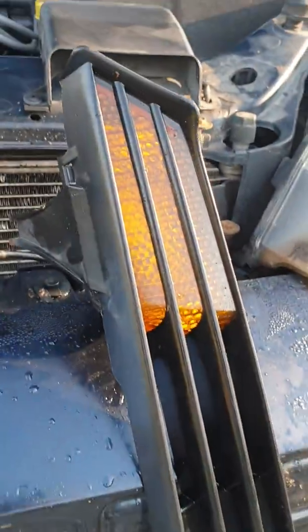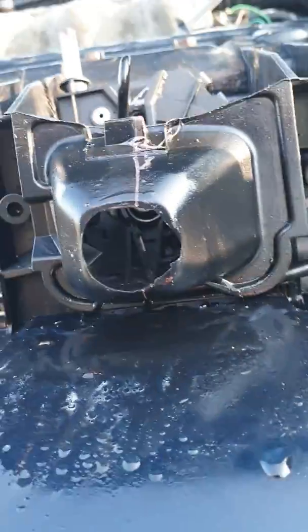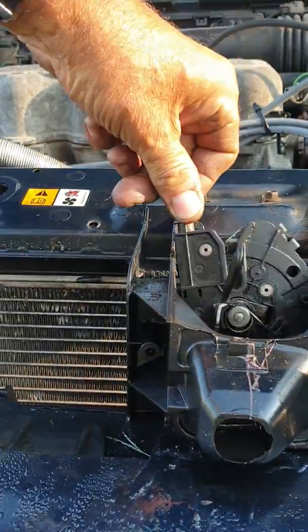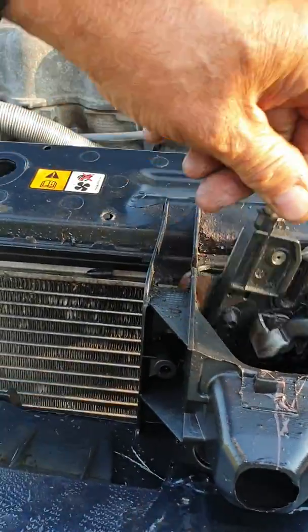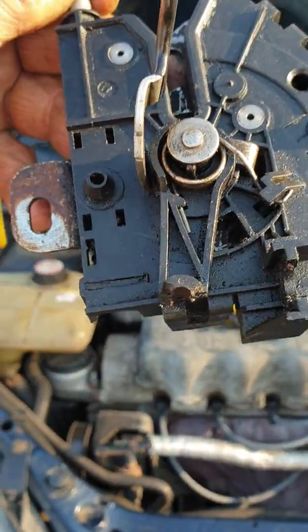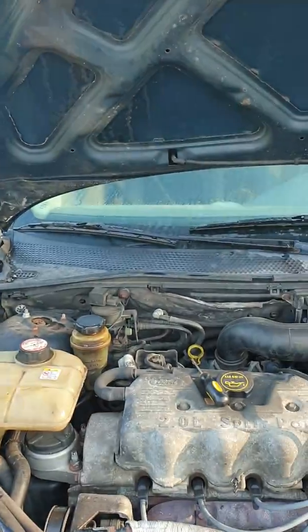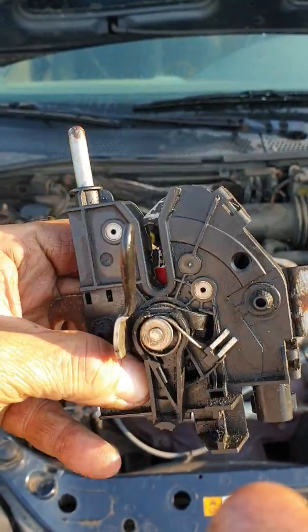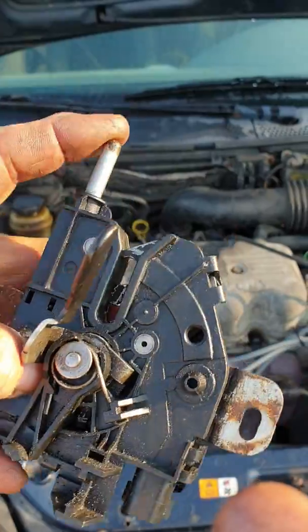Once I pried this out of my way, this whole assembly here, I could look up in there and you can see the lever. This lever right, let me get this out. This lever right here becomes accessible. Let me point to it for you. This lever. And I just used a screwdriver, pushed it over,